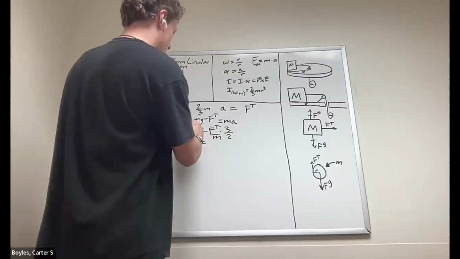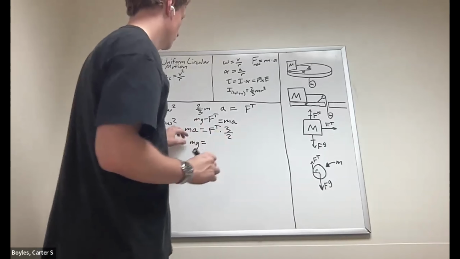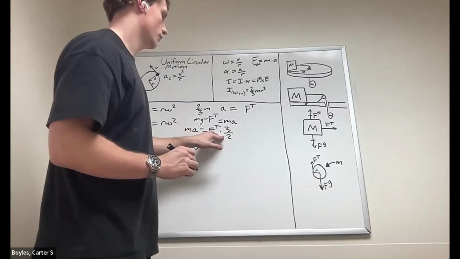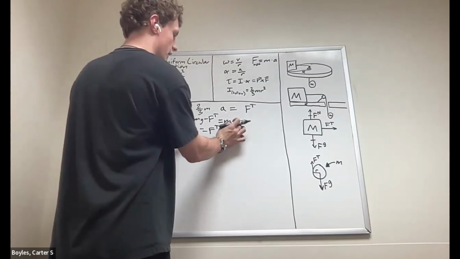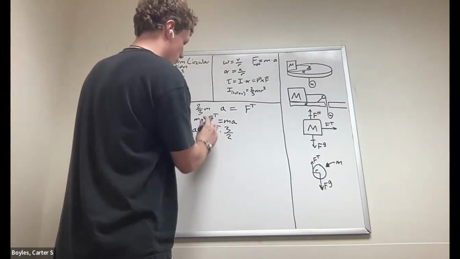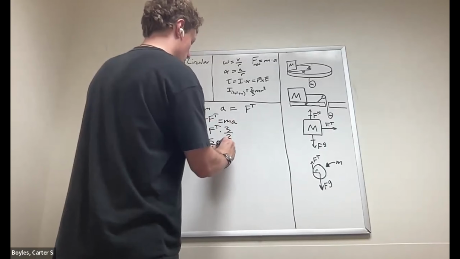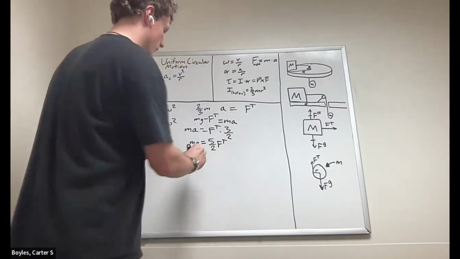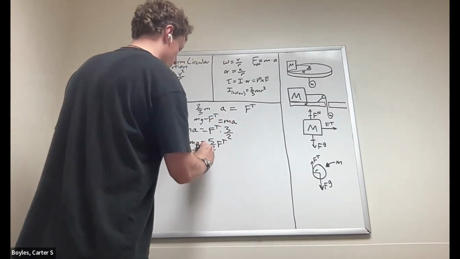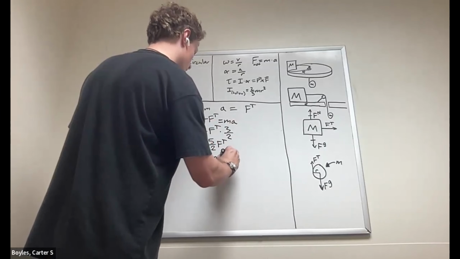If we multiply this by M, Ma equals the force of tension times 3/2. So we can replace this chunk here with what we have here and bring this over to the other side. We will have 5/2 the force of tension equals mg. So rearranging this to solve for the force of tension, we have that the tension force is equal to 2/5